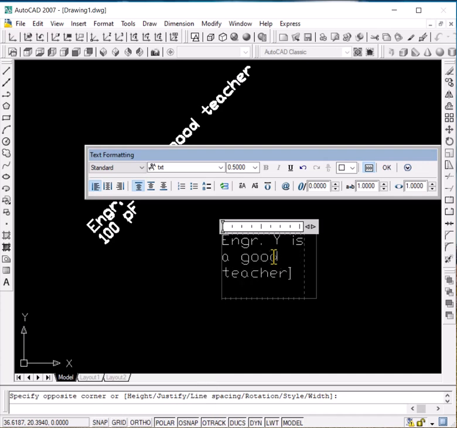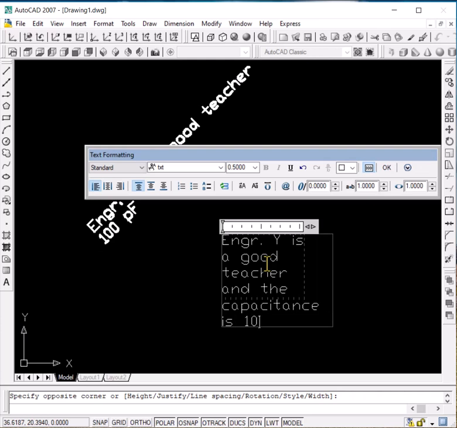Now you might have noticed that when it reaches this arrow, it goes to the second line by itself. So it is adjusting the height, and the width is constant. So it's a good teacher, and the capacitance